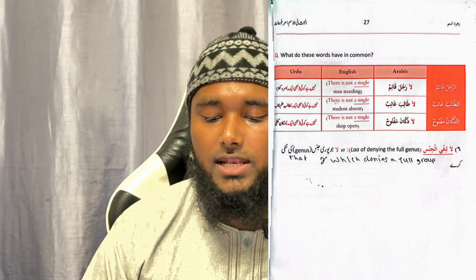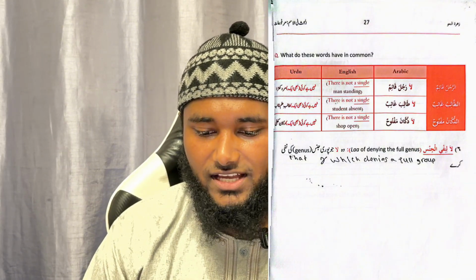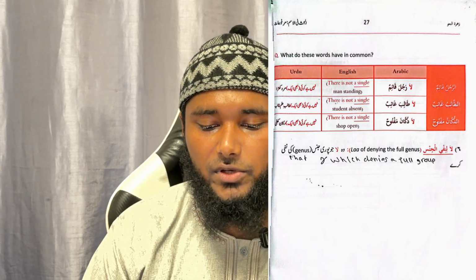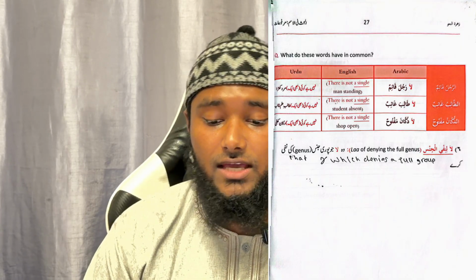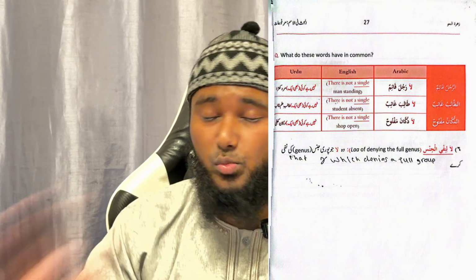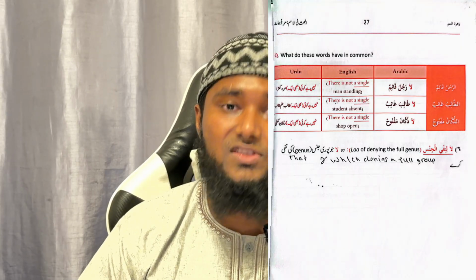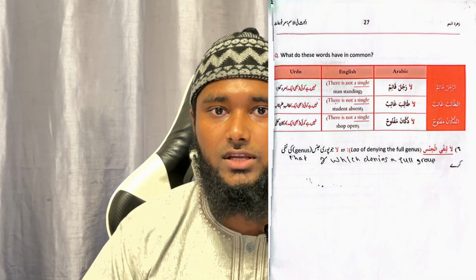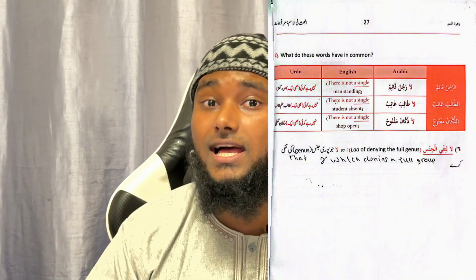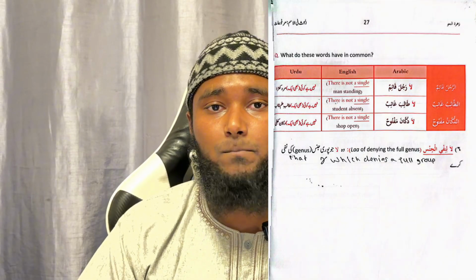So the mu'allif, the author of this book, rahimahullah ta'ala, mentions as an example in here, la rajula qa'imun. He mentions that here, if you want to say that there is not a single person standing. So for example, you're in a majlis and everyone is sitting down. So you're in the masjid and you're in a gathering and no one is standing and everyone is sitting down, then you can say la rajula qa'imun, that there is not a single person